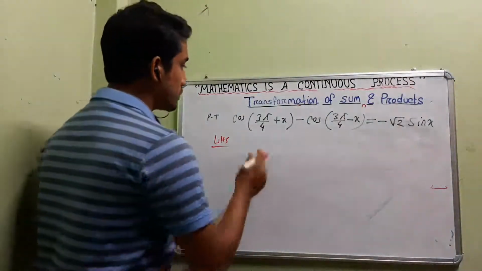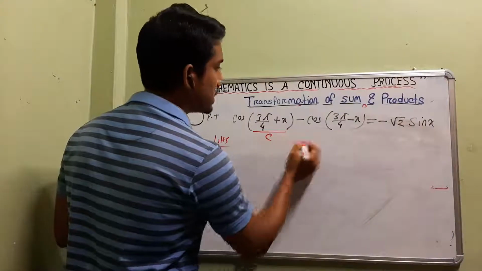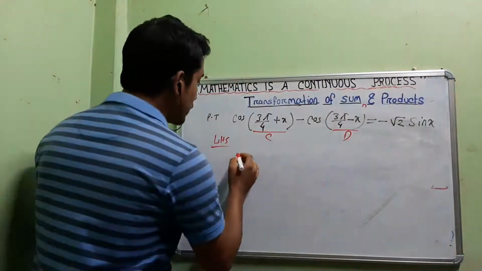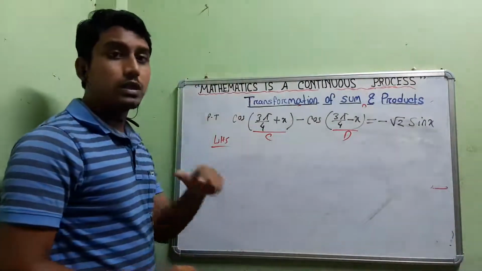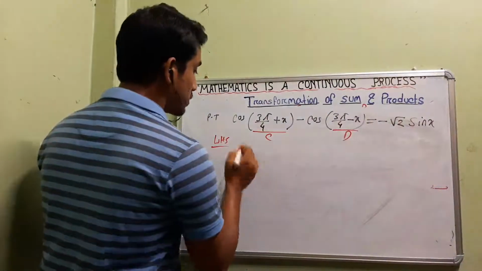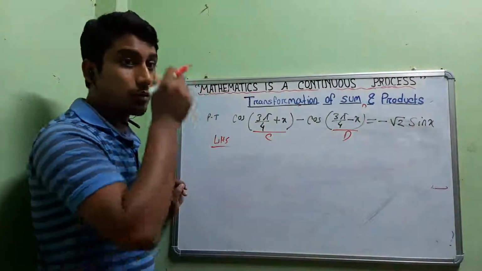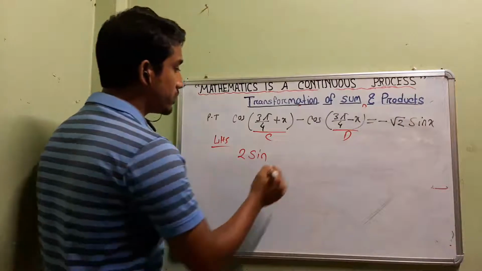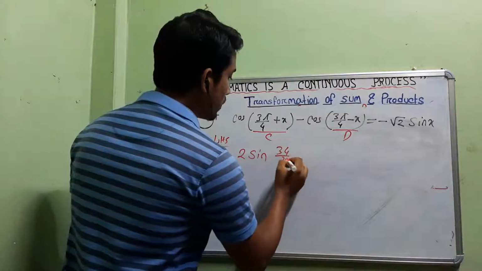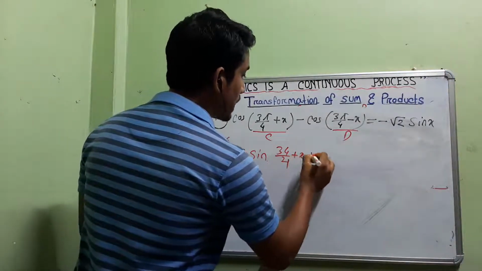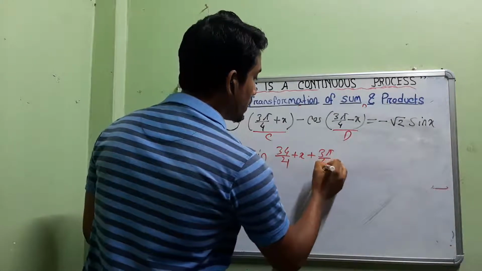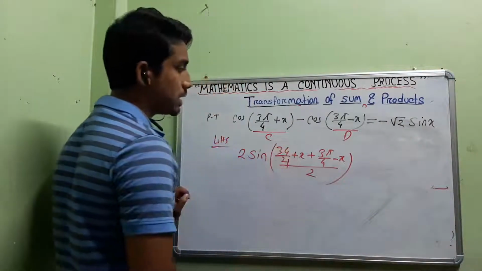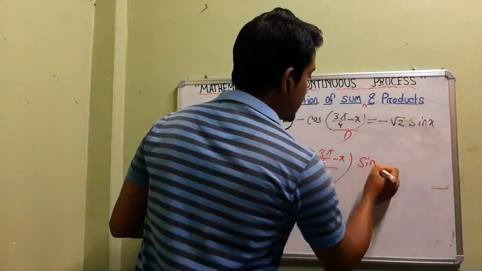sum and product. So you see, cos c minus cos d, this one is your c, this one is your d. Cos c minus cos d. What was the formula? The formula was with sine. Okay, the fourth one, the star marked formula. Cos c minus cos d, that is 2 sine c plus d by 2, that is 3 pi by 4 plus x plus 3 pi by 4 minus x, that one whole divided by 2. 2 sine c plus d by 2 and sine d minus c by 2,